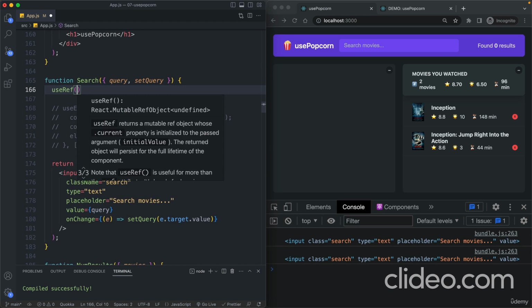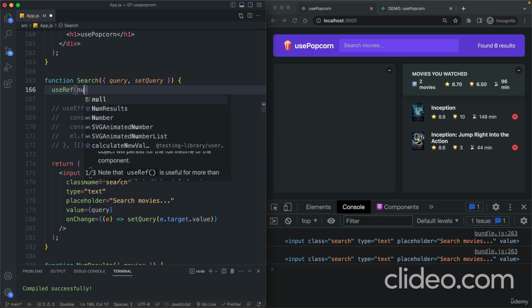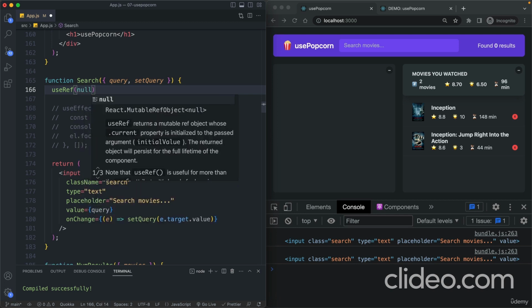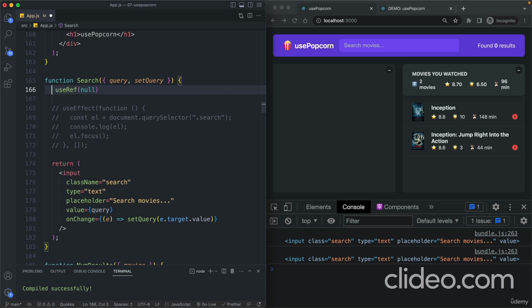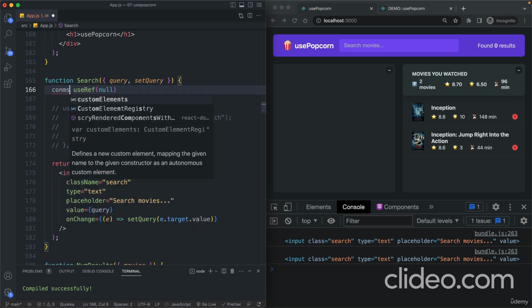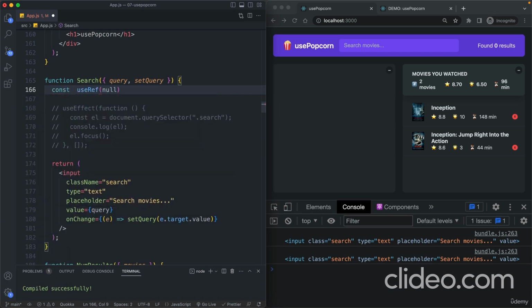Now, in this case, when we work with a DOM element, that is usually just null. This will simply return a ref that we can give any name to. Let's now store this into a variable called inputEl, because that's what we will want to store